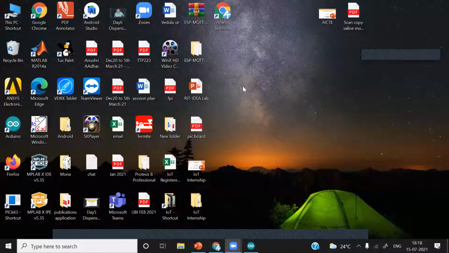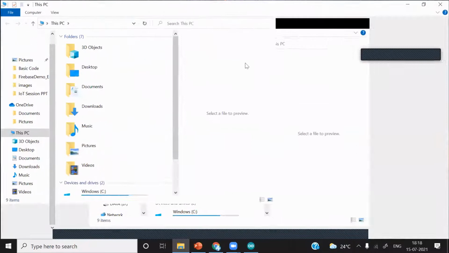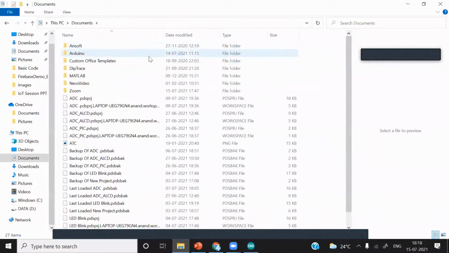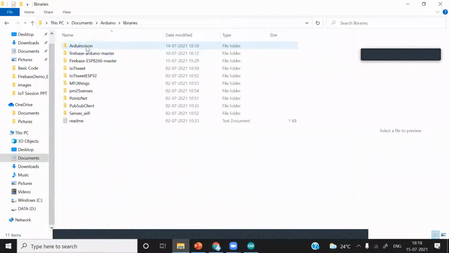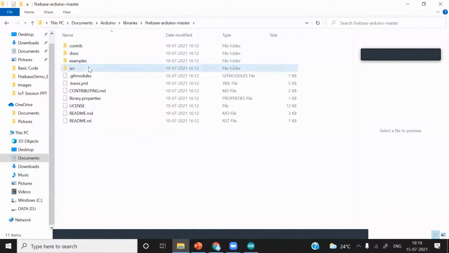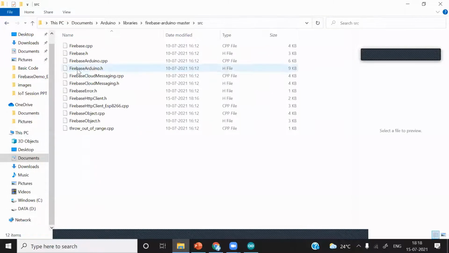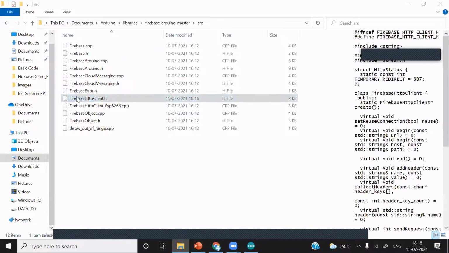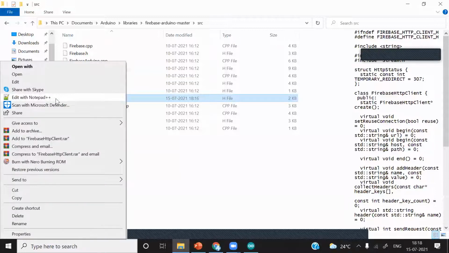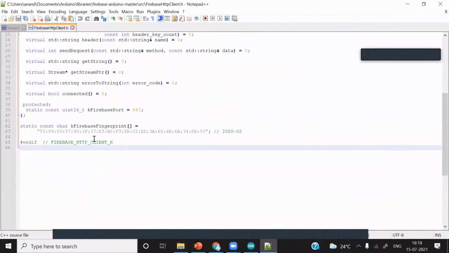To change the fingerprint key, you have to go to This PC, locate Documents, go to Arduino and libraries, just select Firebase Arduino master and source. After selecting that, go to source and select this file, FirebaseHttpClient.h. You can write the name of this file. Just right click on it and open with any editor. Okay. After that, what we will do,